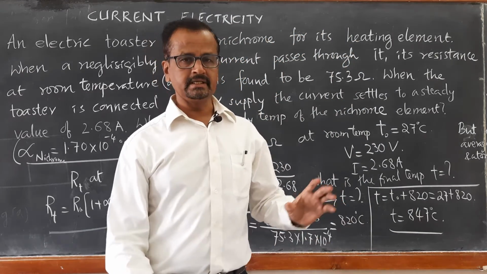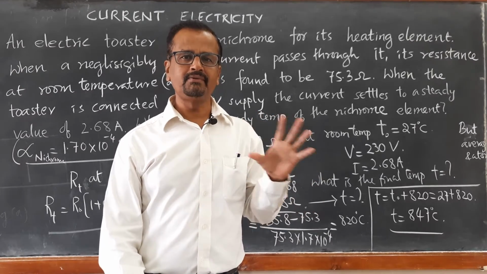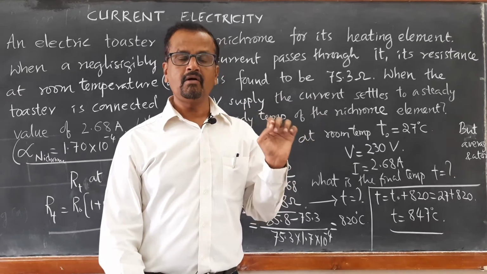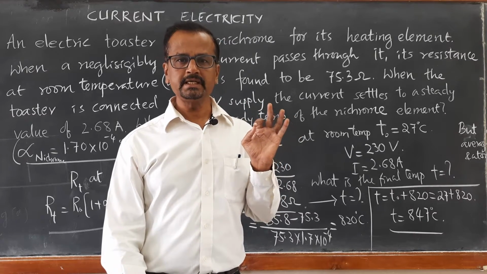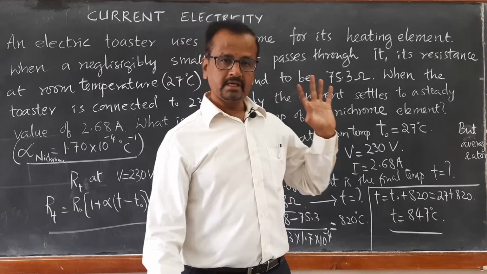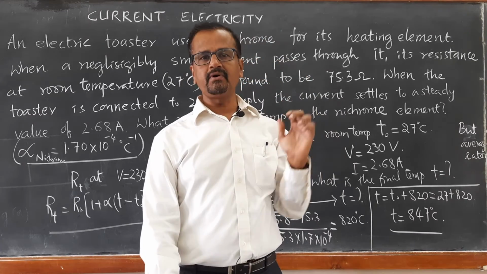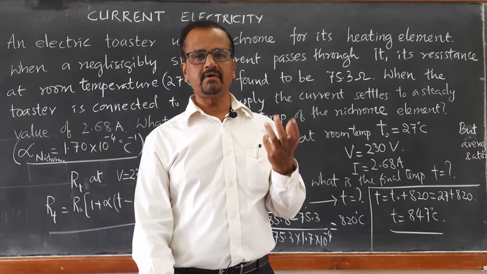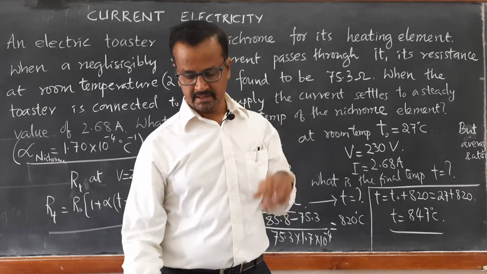Okay. Now, let us see what is the cause of this heating effect. Now, roughly you understood the resistance of the coil or resistivity of the coil is the cause of the heating effect. Let us discuss the cause of electrical energy and power, and what is the reason for a loss of energy in the form of heat, or loss of power in the form of heat, Joule's heating effect. Let us study.